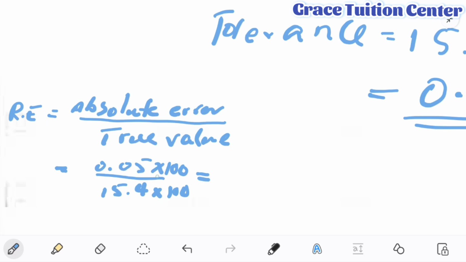So 0.05 times 100, the point will move to the right 2 times, so we just have a 5 here over 15.4 times 100. The point will move 2 times, and because there's no number here, we'll put a 0. So we're going to have 1540. Is that okay? So now our 0.05 over 15.4 is